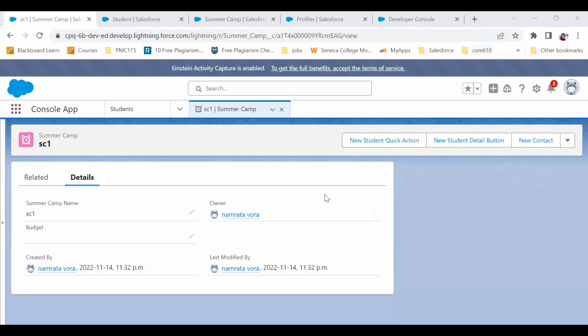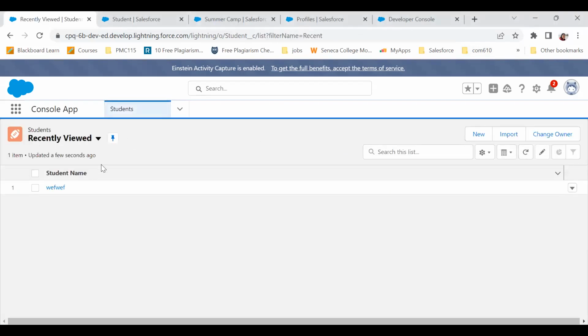Now this is my org, and like you could see, there is a summer camp object record page first of all, but let's notice that I'm using a console app. Okay. So when I open a summer camp record, so first let me give you an introduction to this. Like I said earlier, summer camp is the parent